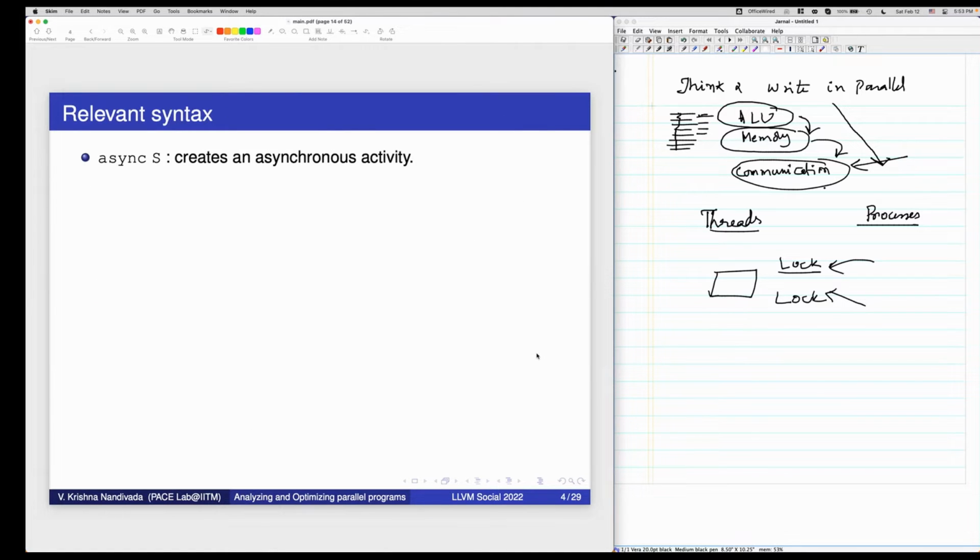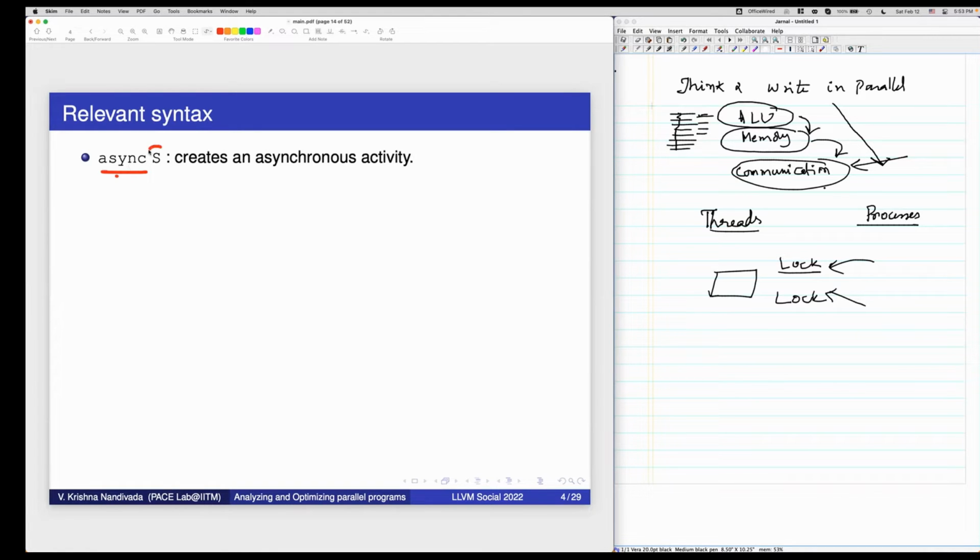So I will be using a very simple syntax, and even though the syntax is from a specific language, you will see similarities with many of the programming languages you are familiar with. Okay. So I will use a keyword called async. What will async do?